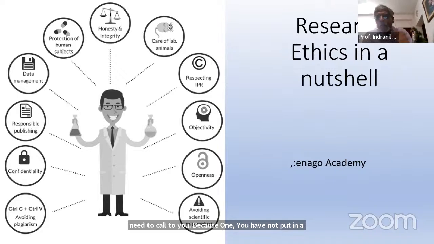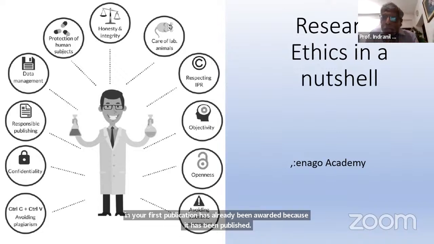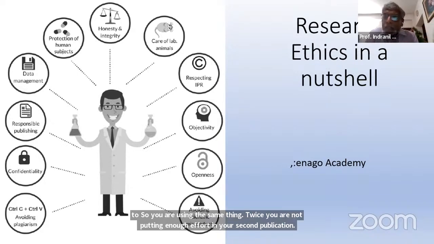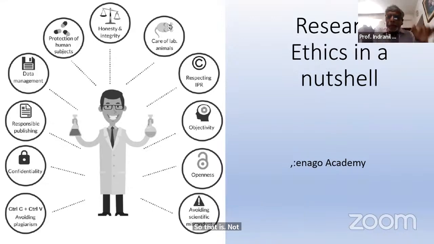You have lifted out from your first publication, which already has the intellectual input that you have put in. Your first publication has already been awarded because it has been published. The peer review community has awarded you by according publication. So you are using the same thing twice. You are not putting enough effort into your second publication. So that is not ethical in the framework of